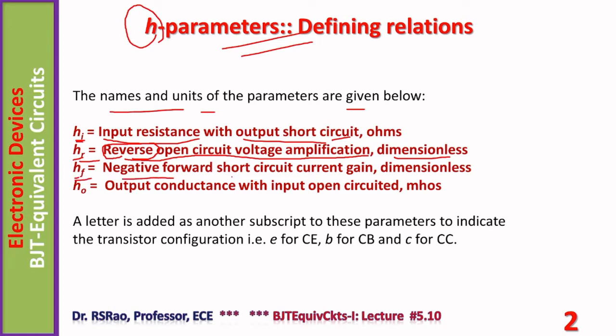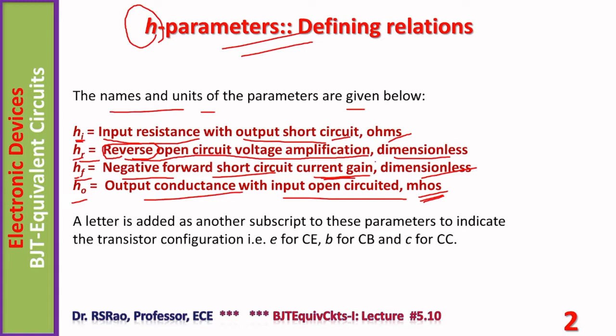Hf is a negative forward short circuit current gain. It is basically current gain. It is a dimensionless quantity. H naught is output conductance with the input open circuited. It is measured in mhos. Notice Hi is in ohms, H naught is in mhos, Hr and Hf are dimensionless. Hr is reverse voltage gain, Hf is forward current gain. These are all different